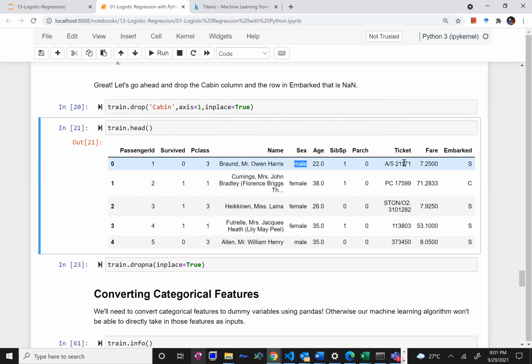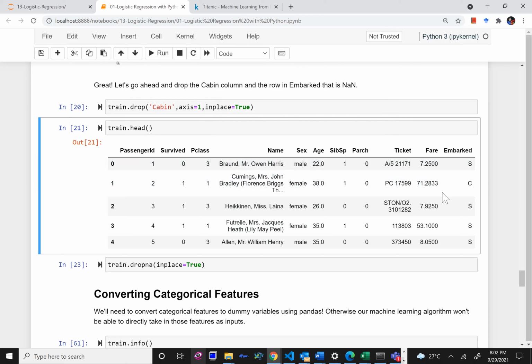Then we have this ticket. It's a ticket number, which has nothing to do with whether you will survive or not in the Titanic disaster, so we'll try to drop it. And this embarked station has values like Southampton, Cherbourg, C, and S. These do not mean anything for the computer, so it's better to convert them into dummy variables like 0, 1, 1, 0.